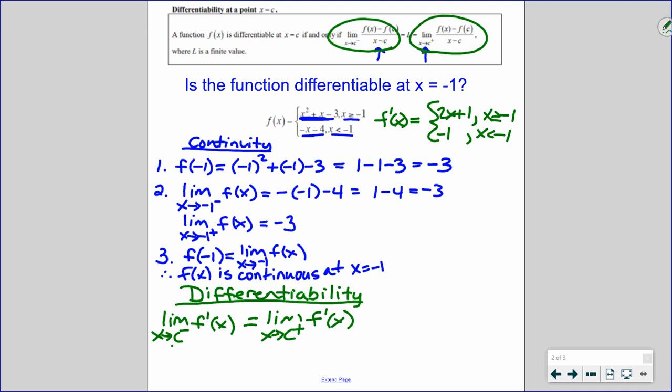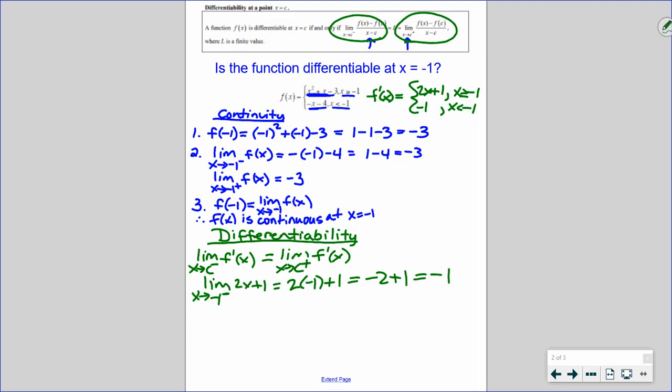So when I find the limit as x approaches negative 1 from the left of the 2x plus 1, which means I'm going to plug in negative 1, that's going to give me negative 2 plus 1, which equals negative 1. And then if I evaluate the limit as x approaches negative 1 from the right,